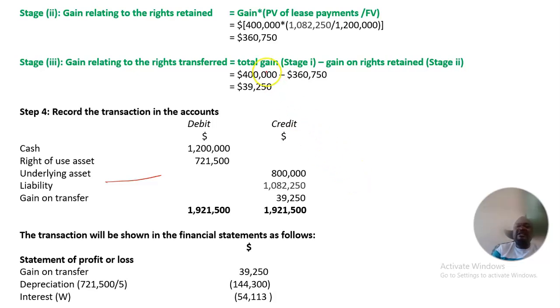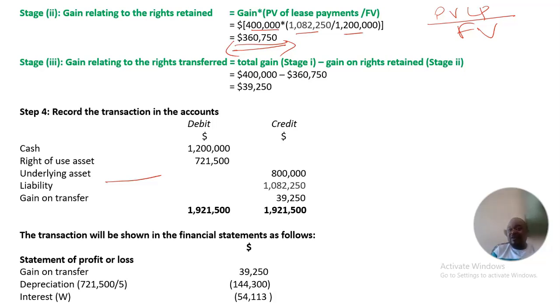So in this case, the original gain was 400,000, but we need to then determine the proportion of the right retained, and this one is given by the present value of the lease payments over the fair value of the asset. We already have these figures, right? And we can see that the figure is